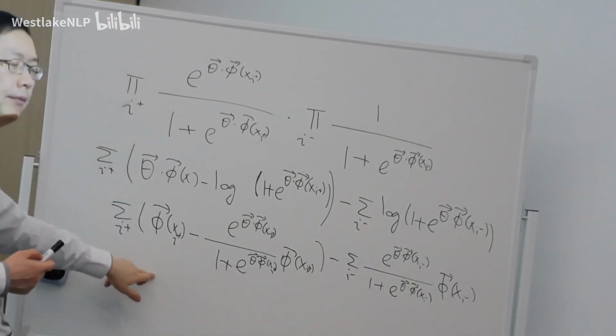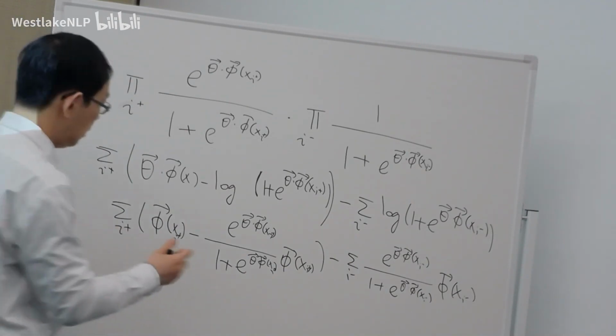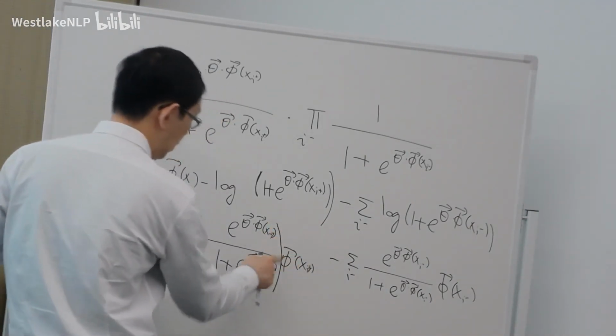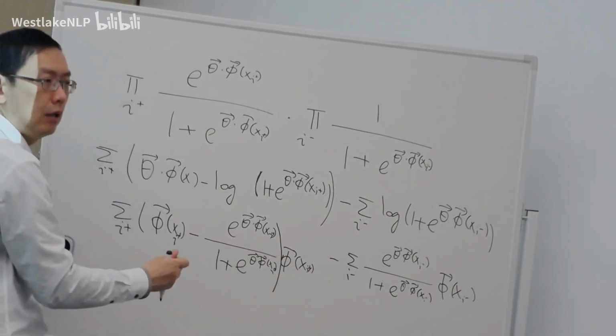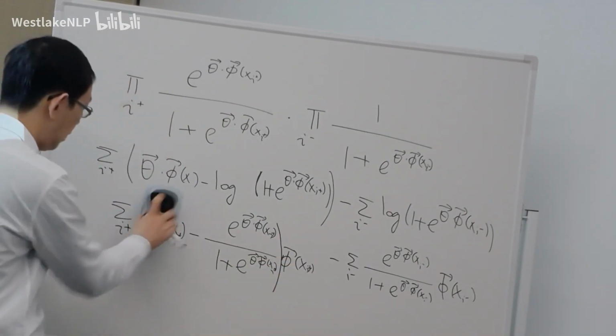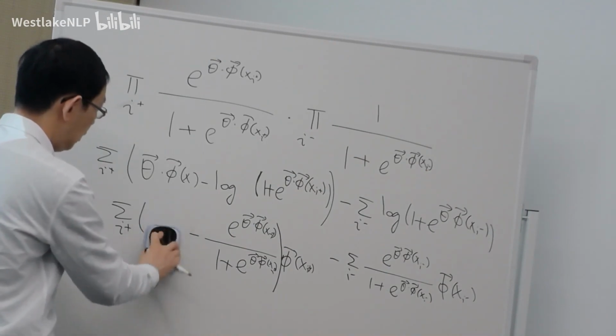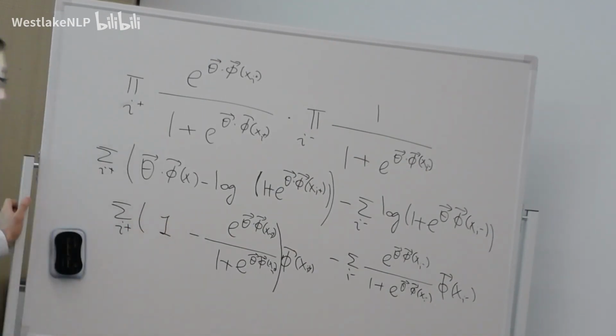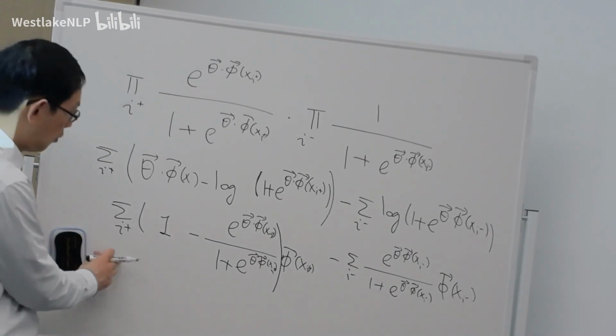For this part, at least, we could extract a common factor out, phi of xi plus, right? We could extract that out, and this one becomes 1, okay? That doesn't simplify the equation much, but if you observe it a little bit more,